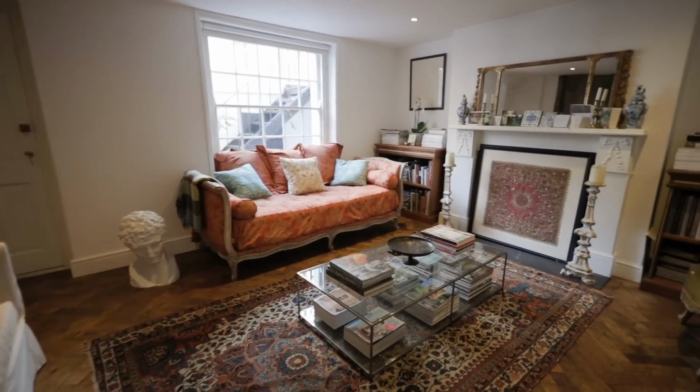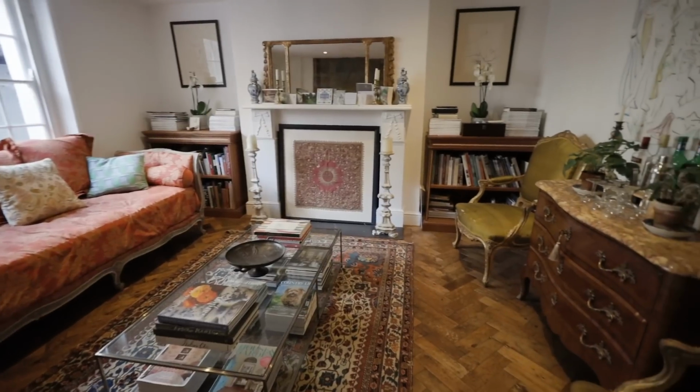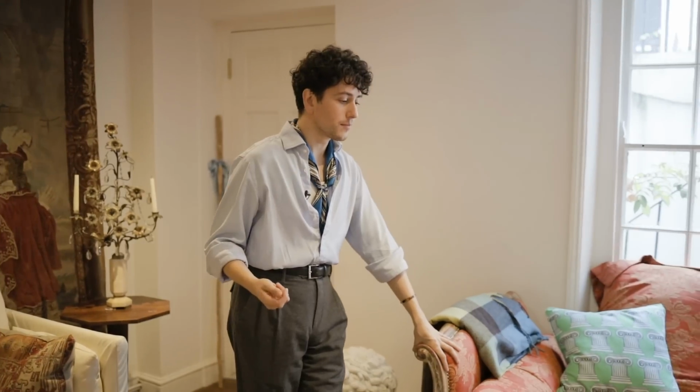In the dining room, I use it mostly for dinner parties, so it's lit by candlelight, and you don't really see the rest of the things. And when you have your dessert, your pudding, you transition to the sitting room, and after a long and nice dinner, you want to sit soft and have a coffee or digestif, and you want that kind of cocoon atmosphere, with richer fabric and more